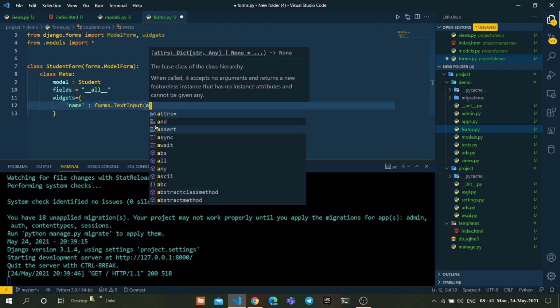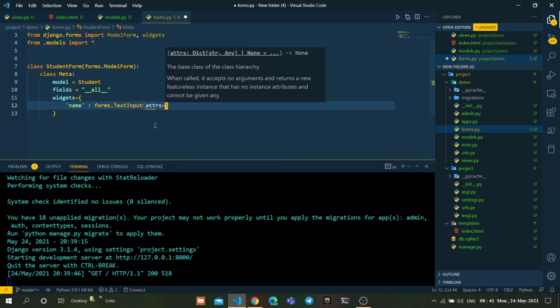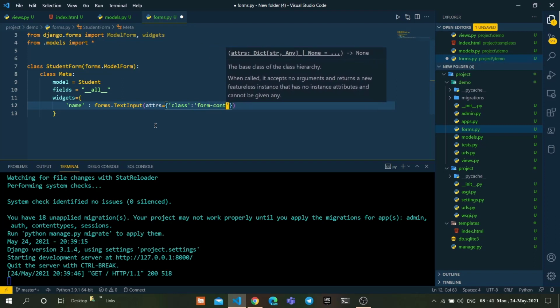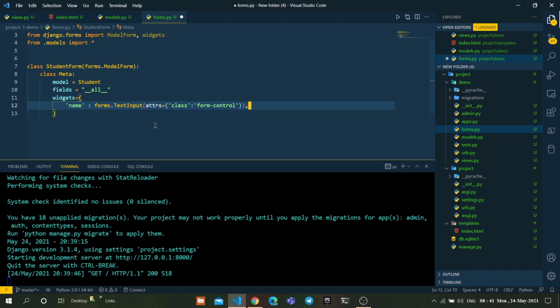TextInput of attrs equal to a dictionary where class colon the class name. I'm going to write form-control. Again, keep a comma.